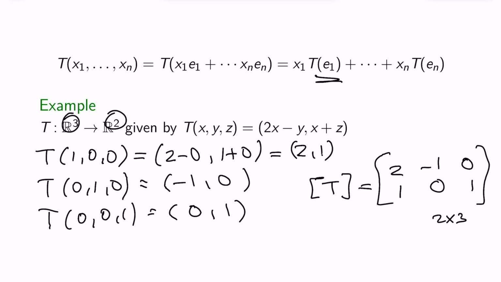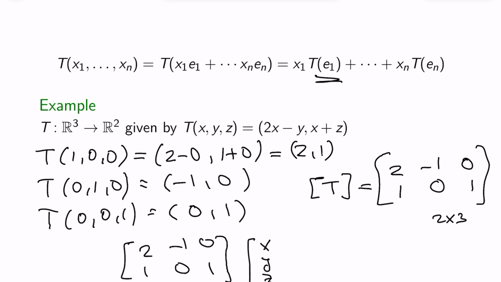Okay, so that's it. This is the way then to calculate the matrix associated to a transformation. And now, that's the result of calculating the matrix. But if you want to check that this is correct, you can pick this matrix, I mean, write this matrix 2, minus 1, 0, 1, 0, 1, and multiply by x, y, z, right? So by the vector that we have here,